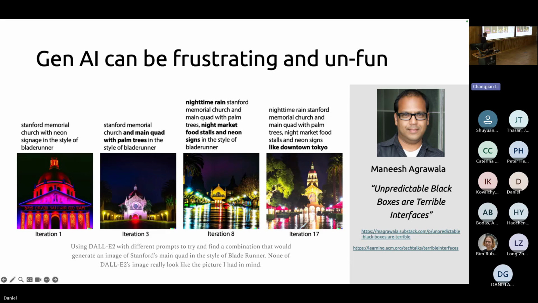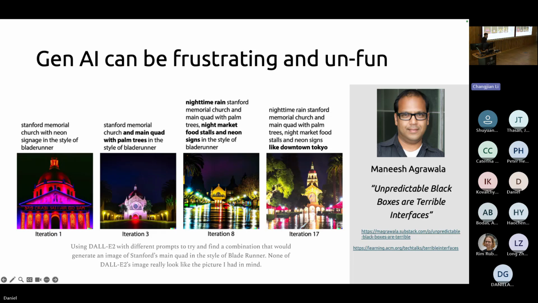Now, I know that DALL-E 2 is very old by today's standards and that modern image generative models are much better at producing high fidelity images than this. In fact, I just tried this exact prompt in the new OpenAI image generator this morning. But I still think they're not meaningfully better at being good interfaces, in the sense that when I input that prompt, I had a particular image in my head. The output that I got was not what I had in my head. And I do not know how exactly to change the prompt to get it closer to what I want, right? There's some inscrutable thing happening in the weights of this network that is not visible to me, and that is frustrating.